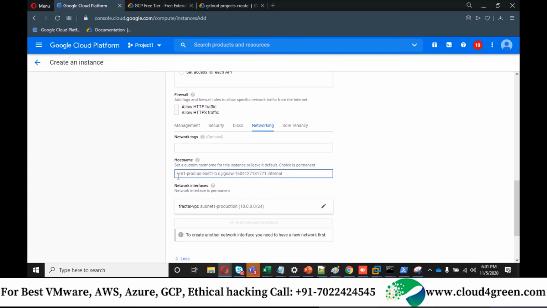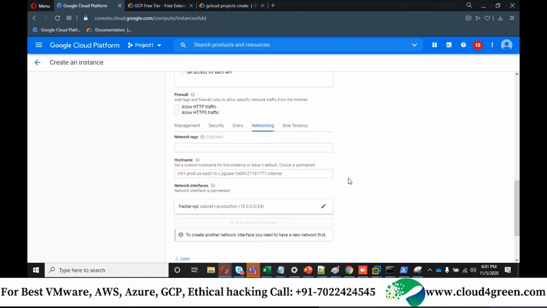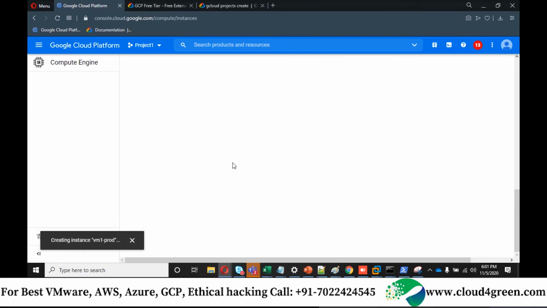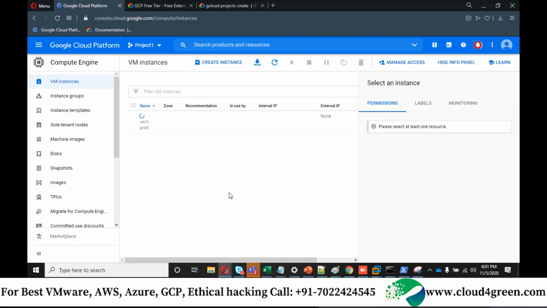As of now it takes VM1-prod, and this is the full name it will take. Let it be with the default name. You don't need to make any changes, and then click on create. So now you all can find this new machine, VM1 production, would be deployed in another 3 minutes.